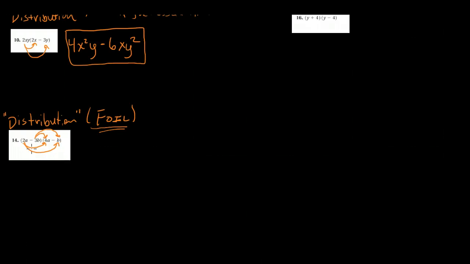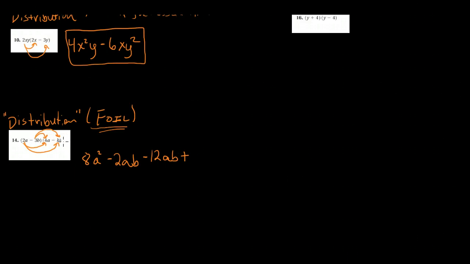So let's start with that. 2a times 4a is 8a squared. 2a times negative b is negative 2ab. Negative 3b times a positive 4a gives me a negative 12ab, so I'll leave the a and b, I'll put them in order. And then I have minus 3b times a negative b, so that's a negative times a negative, which is a positive,